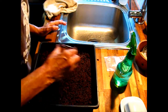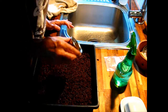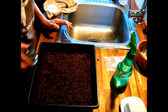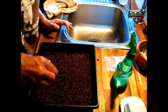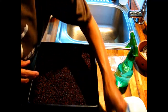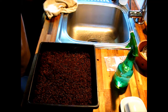So, I'm just going to sprinkle those across the top. I know, it looks like it's a lot of seeds. But these are only going to grow up a little bit. Now what happens is these take, I've spilled a couple so I'm grabbing them. The kale